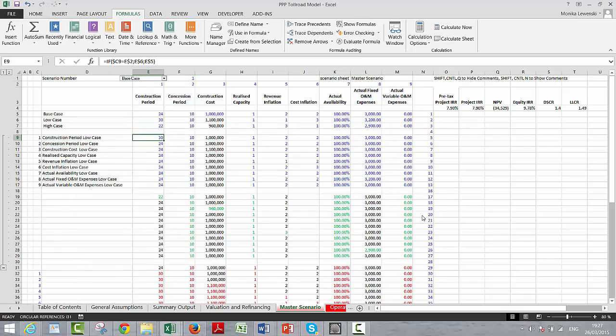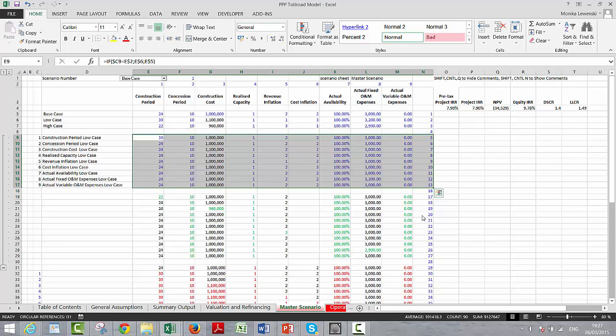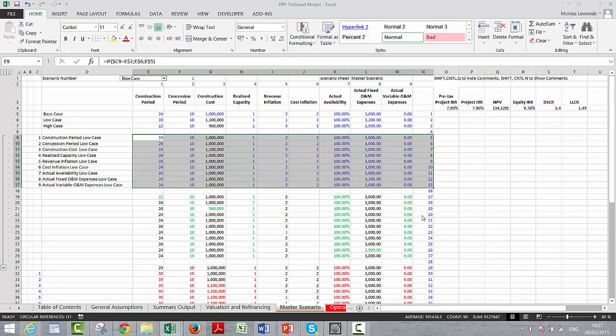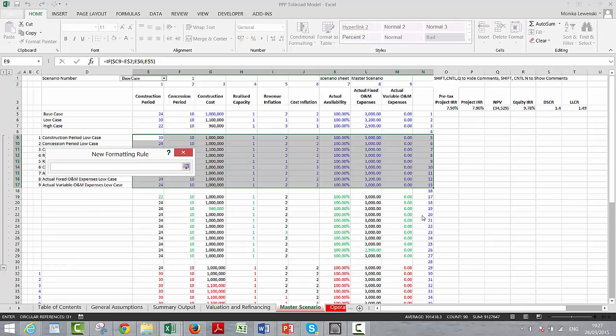Now, if we want to make a conditional format, we would go to conditional formatting, make a new rule, and put the cell here, take the F4 keys, take everything away, and if that's equal to the low case, which we better lock,